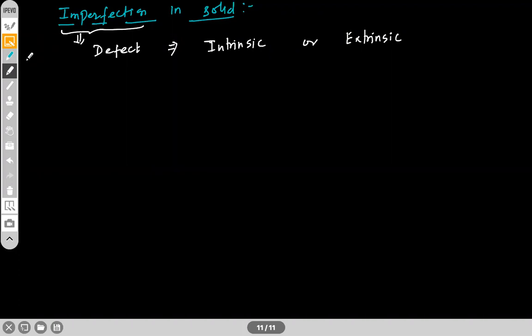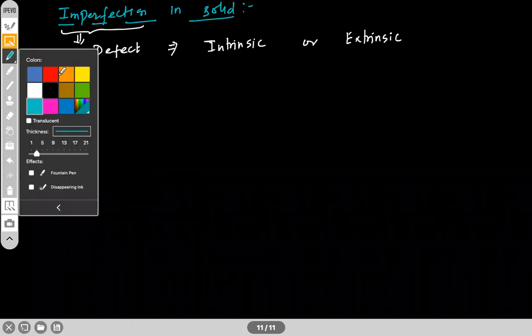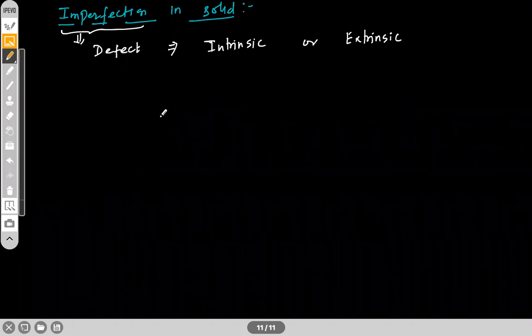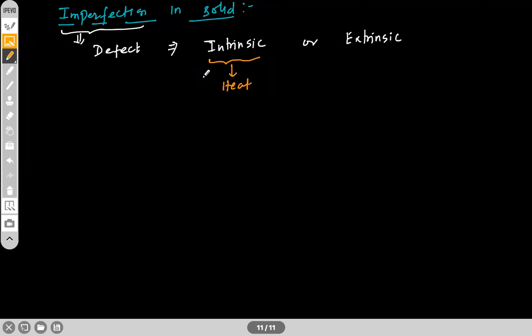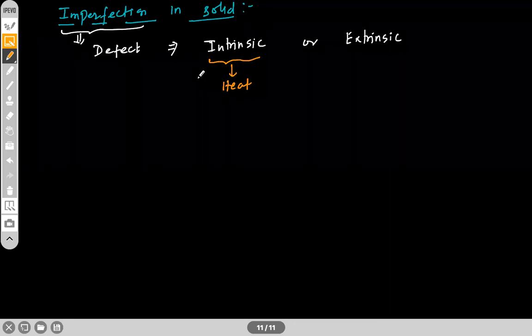Okay, intrinsic means that it happens because of the atoms which are present in the solid. Like suppose if you heat this, then the electron moves from one point to another point within the crystal. That is intrinsic. Extrinsic basically is because of the presence of impurities. When you add some impurities into this,